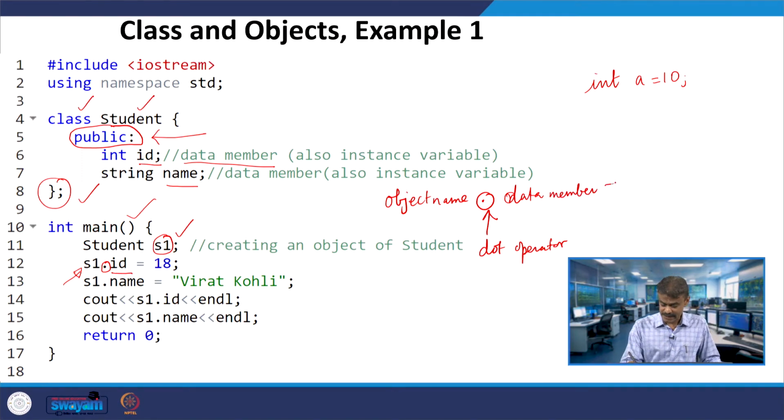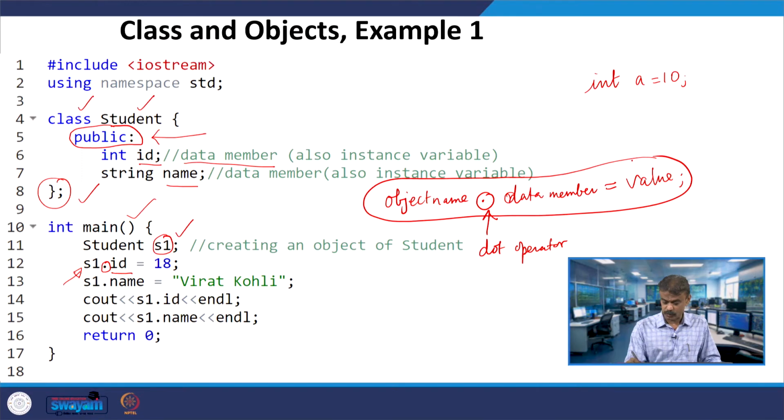Then I am assigning some value. Exactly this syntax we are using: the dot operator and then id, which is the relation between the object name and the data member. The dot operates like a bridge, and then it takes the value 18. I hope it is clear for everyone.